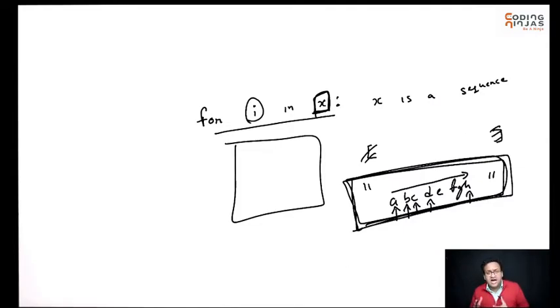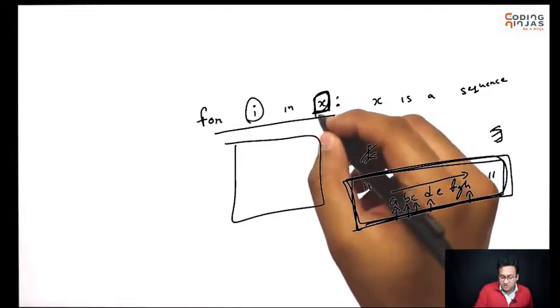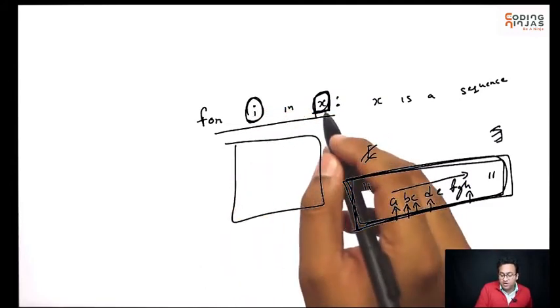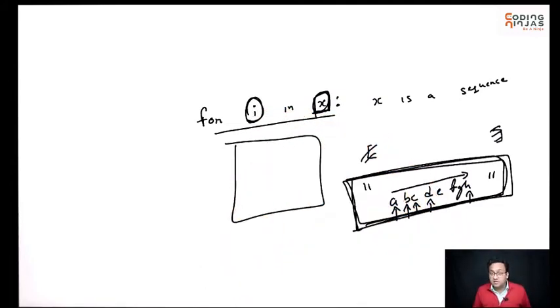Basically what it is saying is, I have 10 things and I want to do something for all of them. So one by one, I'll pick each element of my sequence and I'll do some repeated work on that. X is a sequence and I is basically one element of that sequence at any time. First it'll pick the first element of the sequence, then the second element, and then eventually the last element of the sequence, and at that point my for loop will finish its work.